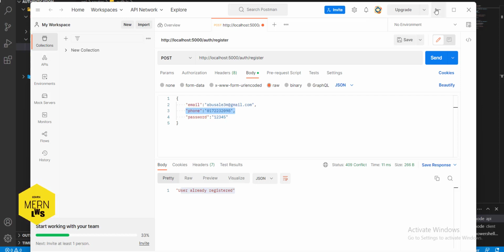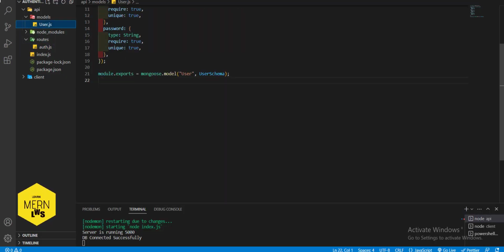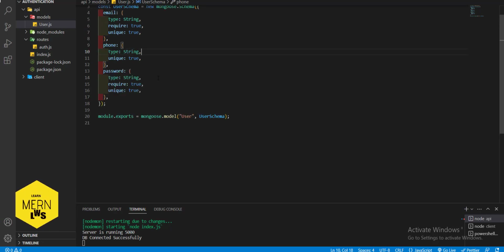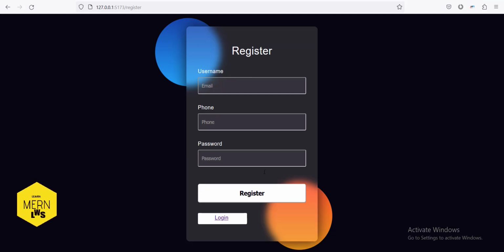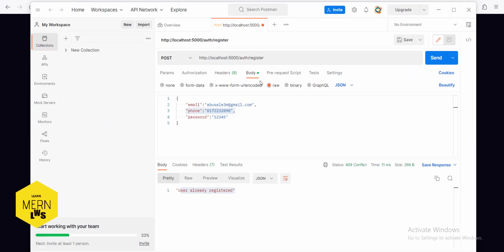I think we can remove this one requirement. Because in this authentication section we will use just email and password. So these two need to be required. Okay, so now check,